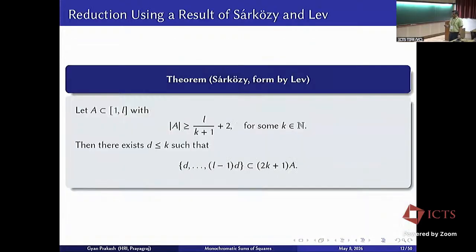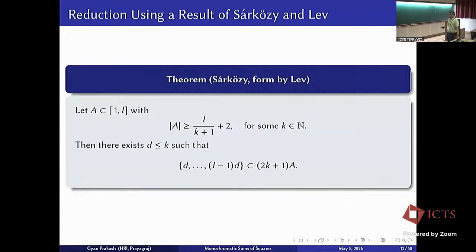So how is that the case? Okay. So this is a result of Sarkozy, which was mentioned by Lev. And by the way, this is a theorem which I first encountered when I was working with Professor Desue on zero Fourier subsets of Z mod PZ. Okay. The result says the following: let A be a subset of 1 to L with cardinality of A greater than or equal to L by K plus 1 plus 2, for some K belonging to N. Then there exists a